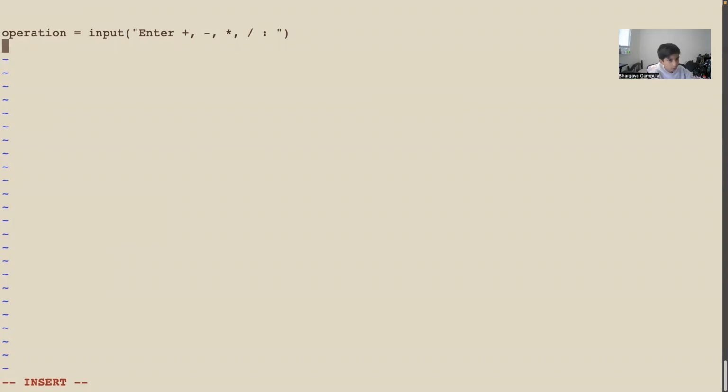Now define addition. Now we have addition. num1 is equal to input, and we add enter your first